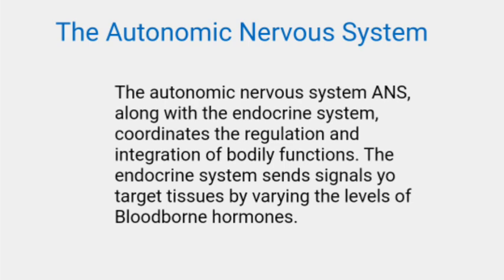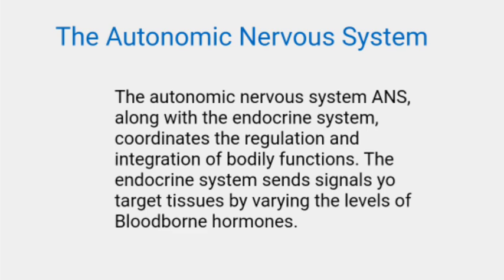Drugs that produce their primary therapeutic effect by mimicking or altering the function of the autonomic nervous system are called autonomic drugs. These autonomic agents act either by stimulating a portion of the autonomic nervous system or by blocking the action of the autonomic nerves. In this video, I am going to discuss the fundamental physiology of the autonomic nervous system and describe the role of neurotransmitters in the communication between the extracellular events and chemical changes within the cell. Okay, now let's move towards the introduction of the nervous system.